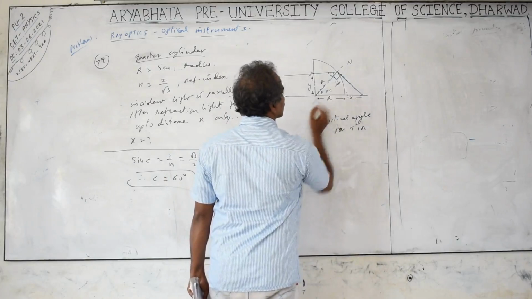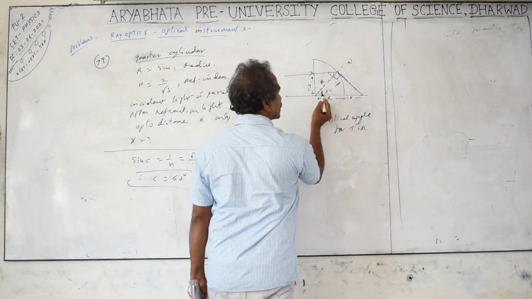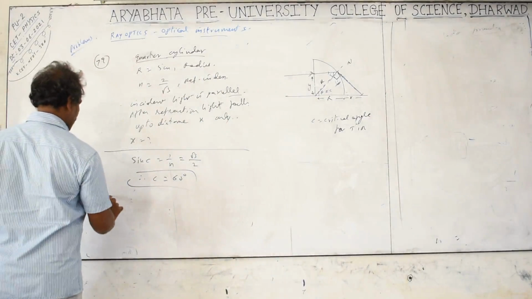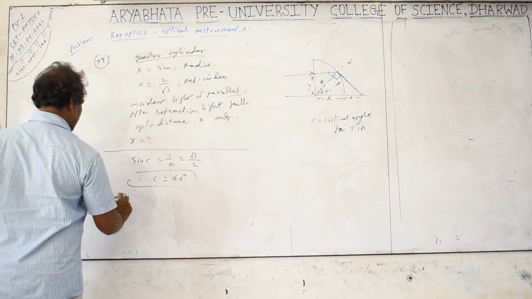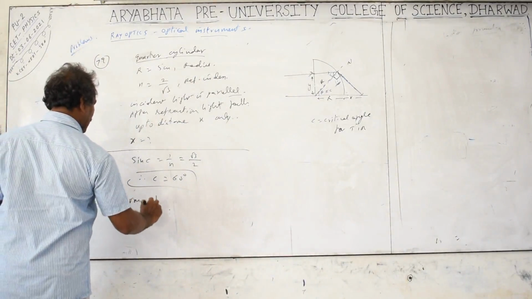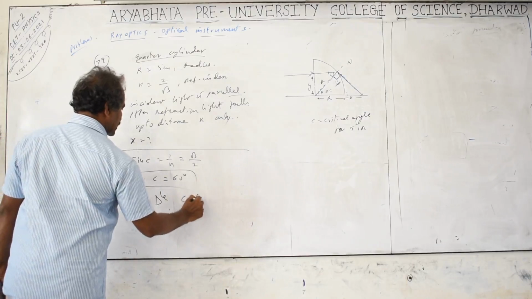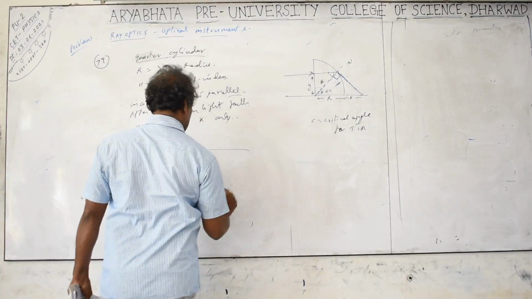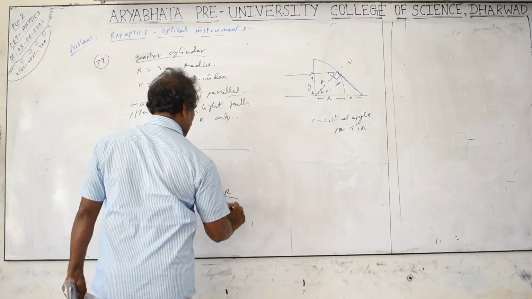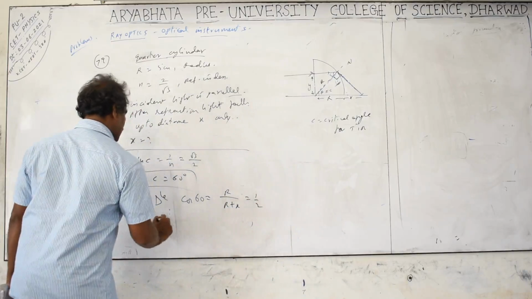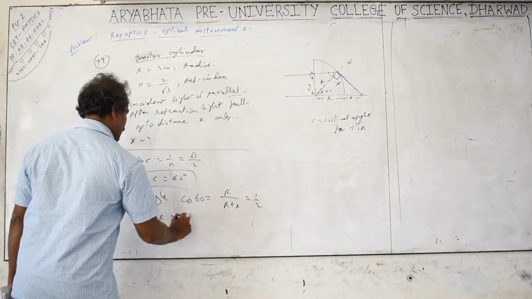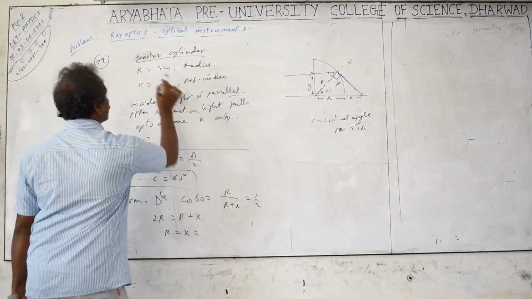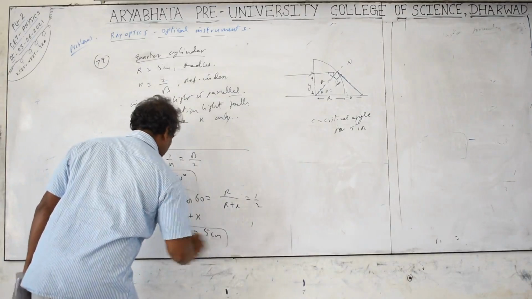It is a right angle triangle. So you can take cos 60, cos theta is equal to adjacent side by hypotenuse. From the right angle triangle, cos 60 is equal to half, equal to adjacent side by hypotenuse, that is r by r plus x, which is also equal to half. The result is 2r is equal to r plus x. So 2r minus r is r, equal to x, but r we already know is 5 centimeters. So 5 centimeters is the answer.